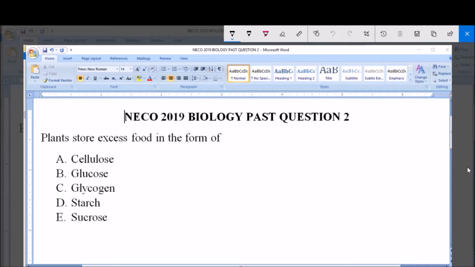Plants store excess food in the form of A. Cellulose, B. Glucose, C. Glycogen, D. Starch, and E. Sucrose. Now, plants, like we know,